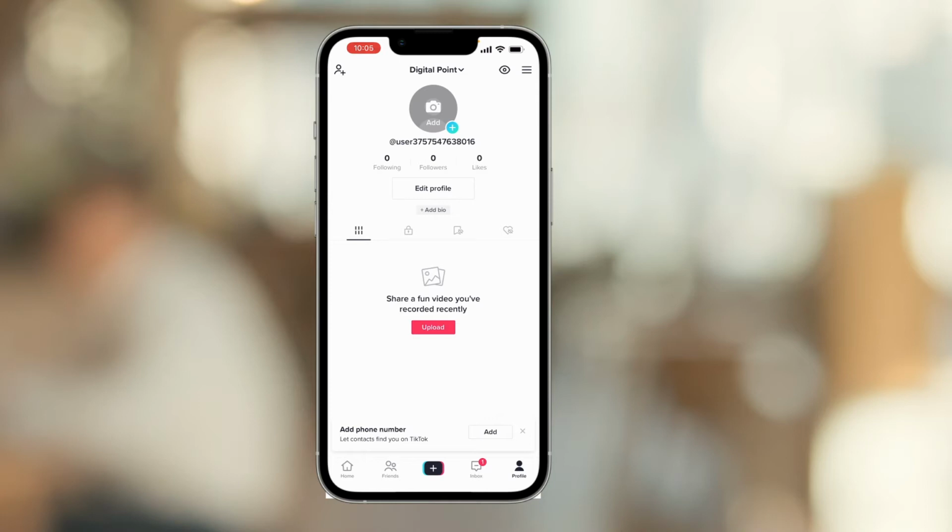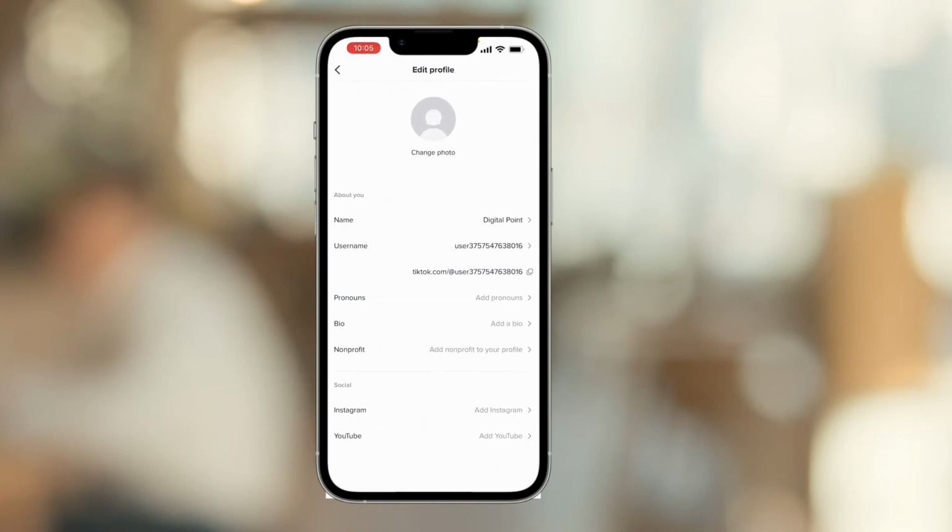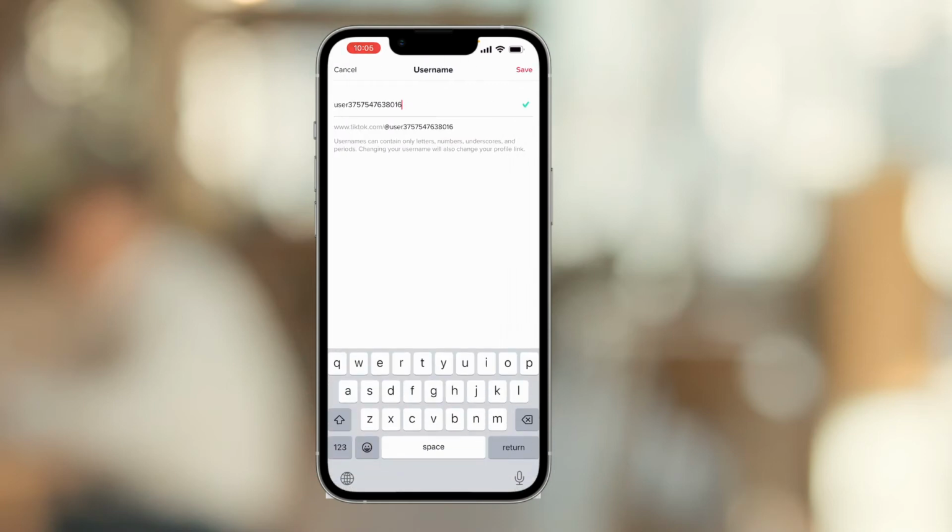So what you're going to do is you're going to hit Edit Profile, and then you're going to go to Username here. You'll click on it, and then you can change your username provided that it's not already been used. We'll go ahead and try this, but I would imagine it's already been used. So we'll go ahead and